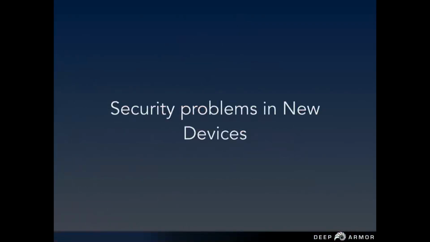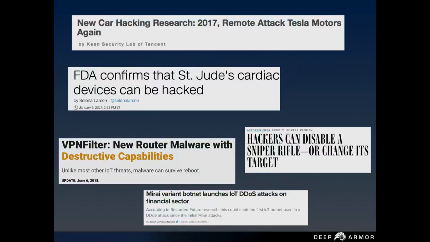Problems in these new kinds of devices. Needless to say, there are a whole bunch of reports in this space. Some of these headlines are from the past 12 to 18 months. The Jeep hack of Charlie Miller is kind of old now. There are newer hacks on automobile platforms, on medical devices, on smart devices such as smart home products, such as the secure home gateways and so on.